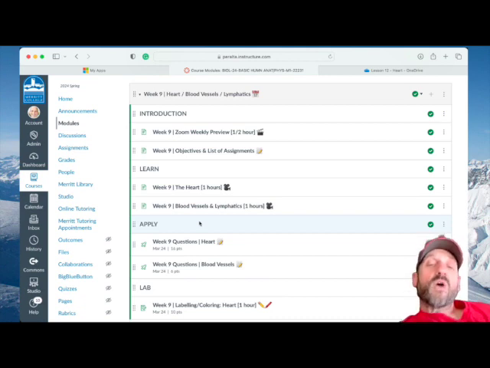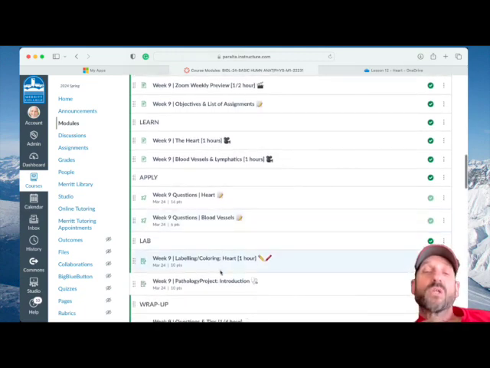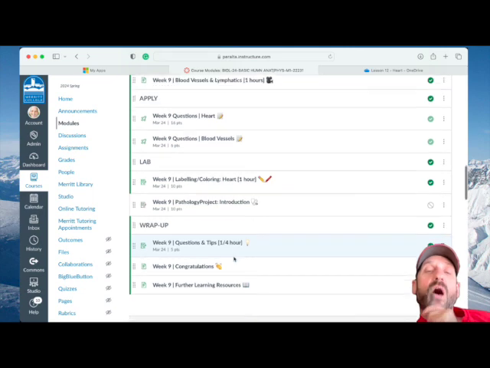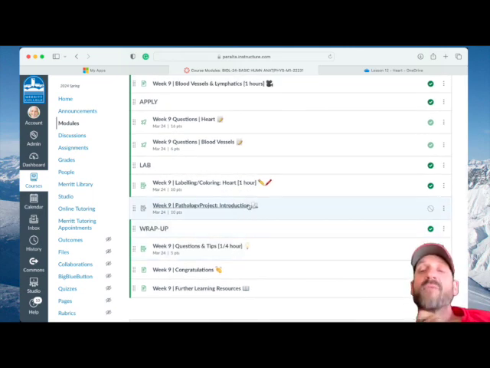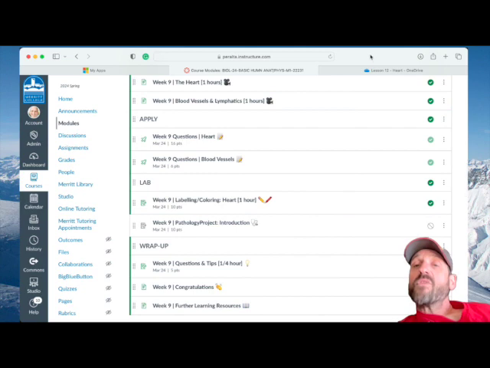But really interesting stuff. So we have a little bit of questions on that in the blood vessel, but we're not going too far into the detail of these two chapters in this course. We're mostly doing heart in this chapter here. And then in terms of the pathology, I'm not having that open for you guys. I'm going to do that with you texting. But I do want you, and this is actually the only thing we do this week, we're reversing it a little bit. I'm asking you guys what kind of pathology would you like to do.